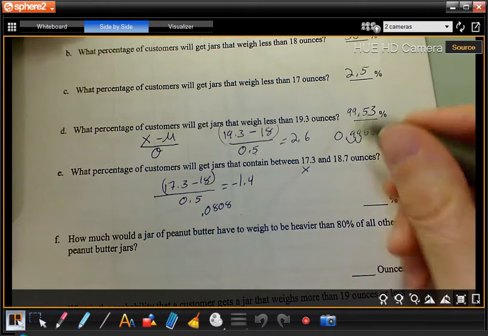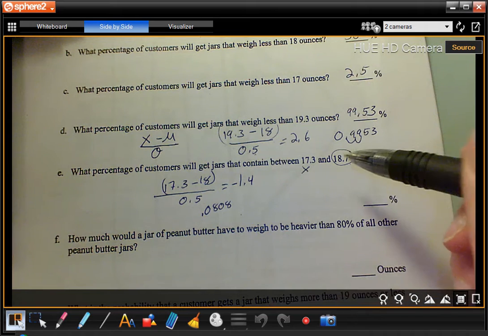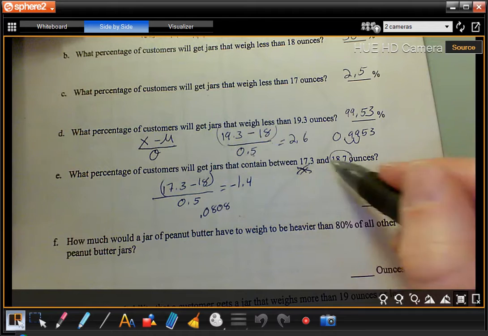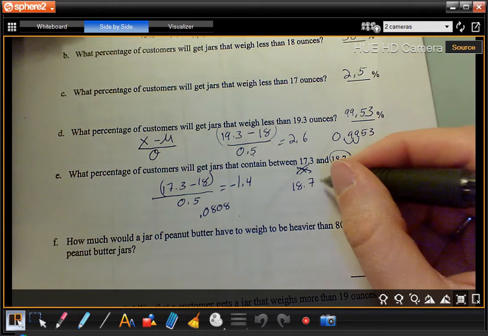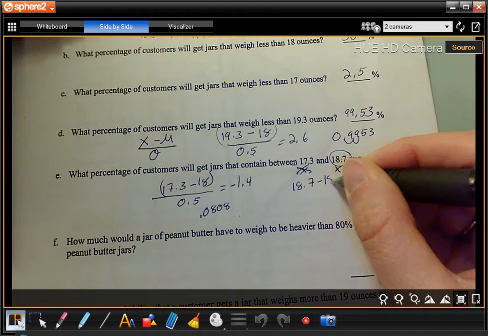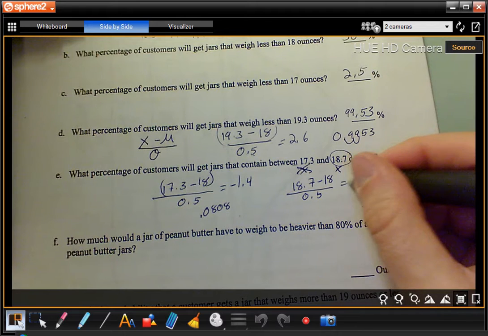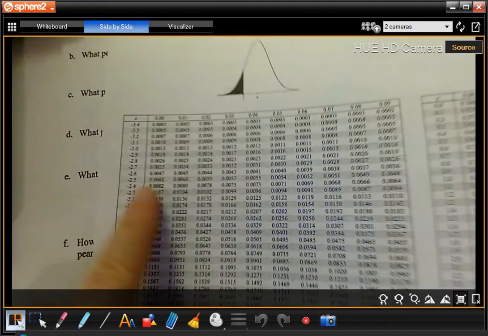Okay. Now I'm going to look up 18.7 ounces. I'm going to find that z-score. This is now my x. So I have to do this problem beginning because it's in between them. So I'm going to go 18.7 minus 18 divided by 0.5. That gives me 1.4. And I'm going to pull out my z-score chart again and look up 1.4. Negatives are on this side. I'm looking up positives over here, 1.4, and I get